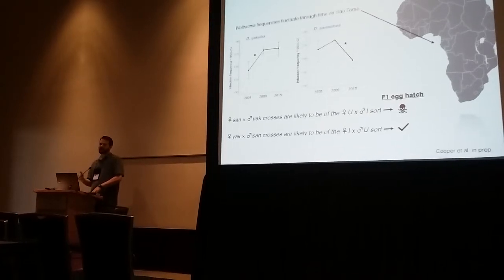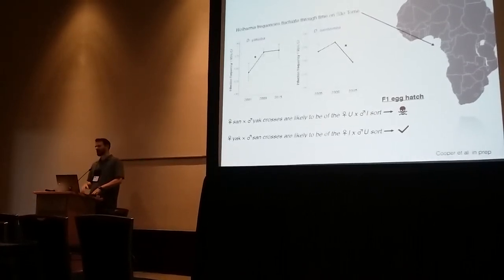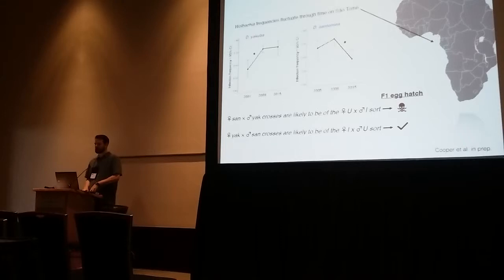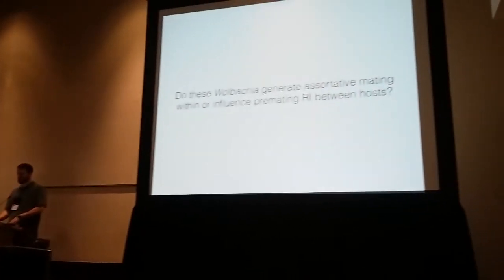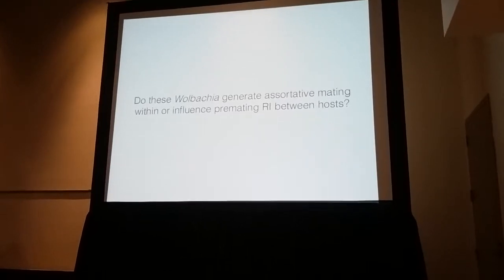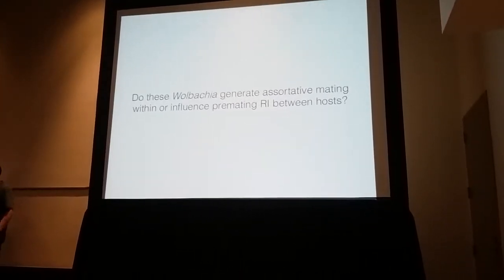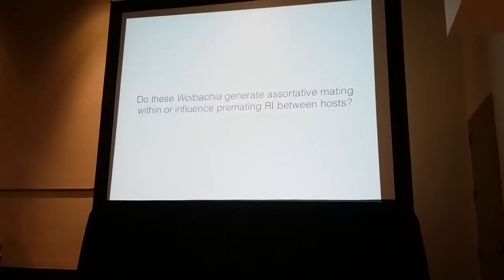So if we come back and track these infections 5 years from now, we may see that Santa Mae has come back up. And so that's going to be a question we're going to have to answer through time. The next thing we wanted to know is, do these Wolbachia generate assortative mating within species or pre-mating isolation